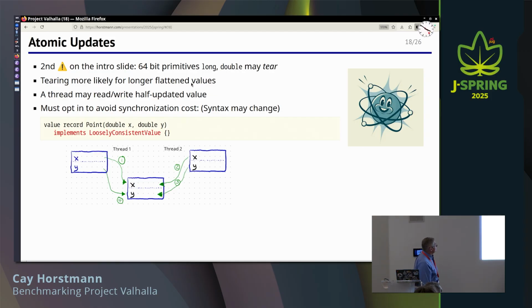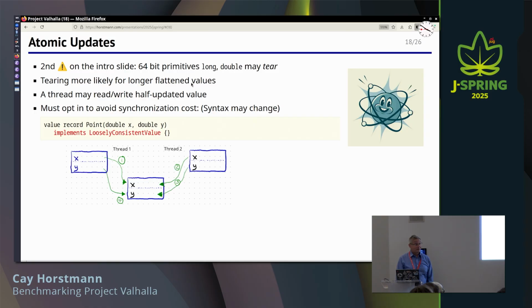I mean, generally one is nervous about marker interfaces because they're inherited, but a record is final. You can't extend a record, so there it's not so bad. So that may well be the syntax that we end up with. And so, well, is that now madness from the point of, I mean, why would the programmer of point ever